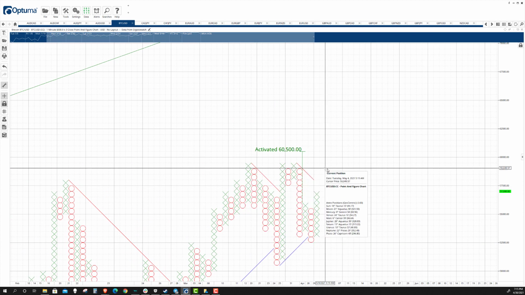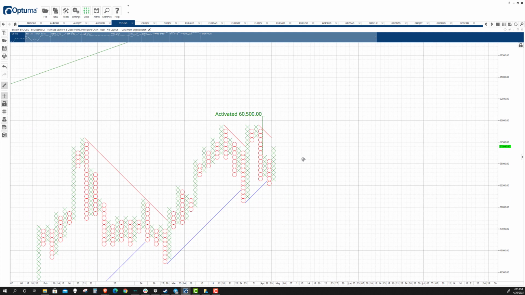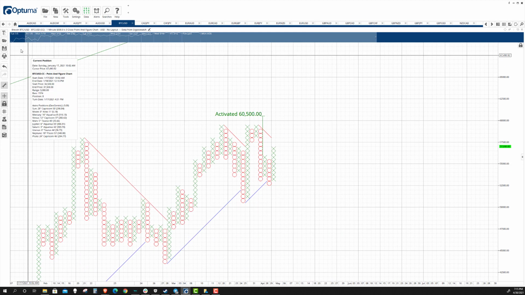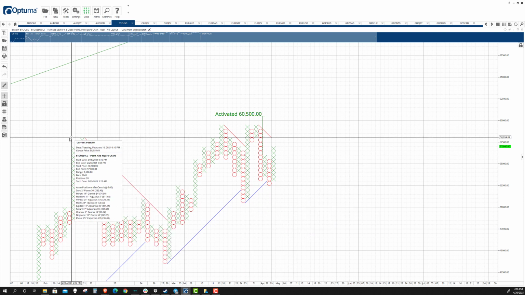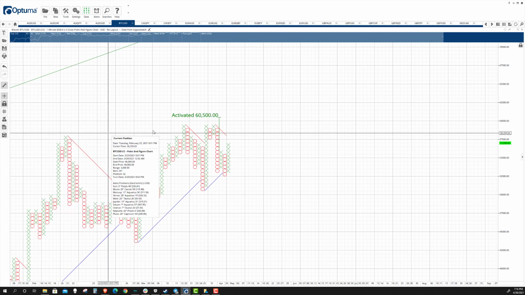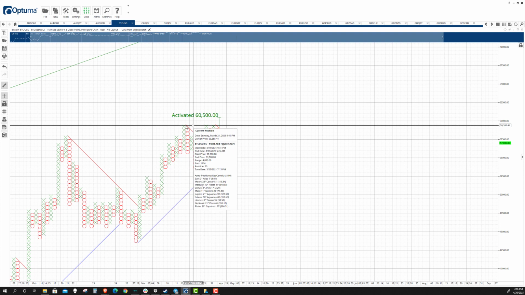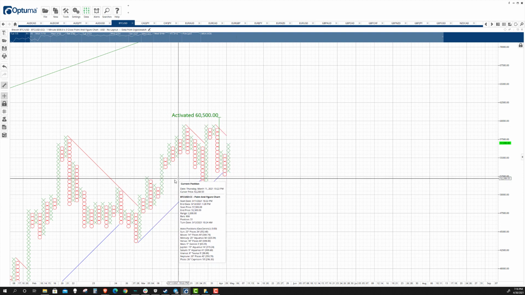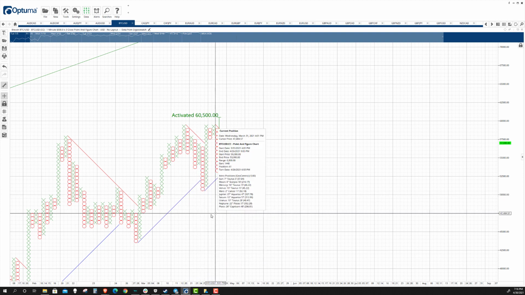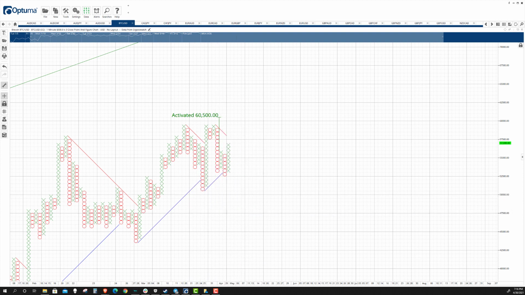Otherwise, it is an ascending triangle. You have a flat top. We're angling higher here. You could even consider this part of that triangle too. On the point and figure chart, it's an ascending triangle. It doesn't look like a rising wedge like we see on the candlestick charts. Speaking of the candlestick charts,